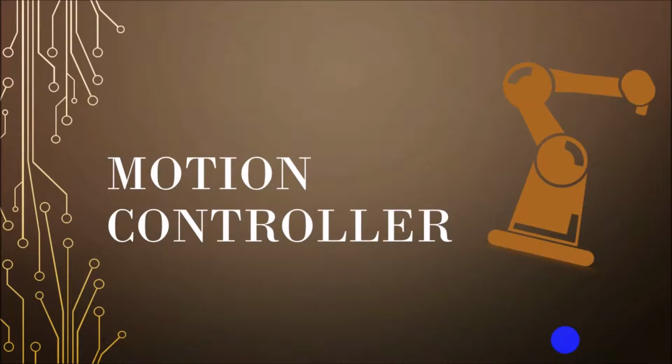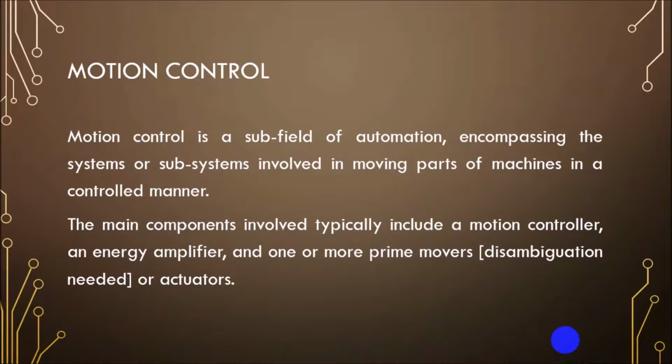I want to explain about motion controller. Motion control is a subfield of automation encompassing the system or subsystems involved in moving parts of machines in a controlled manner. Motion control is an industry term used to describe a range of applications that involve movement with varying